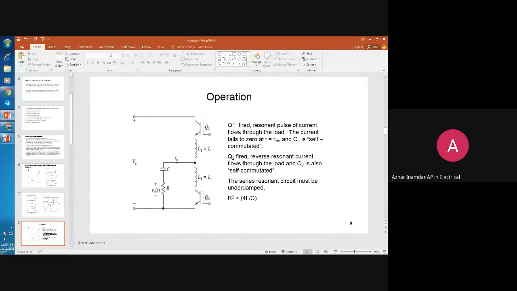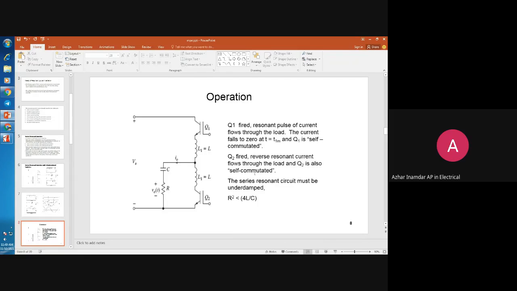Okay, so now I think here is a mistake. We are using IGBT here, so this sentence should be deleted. Don't take this as a reference. IGBT is not self-commutated. Thyristors are self-commutated. Thyristors and SCRs. So when Q2 is fired, the reverse resonant current flows